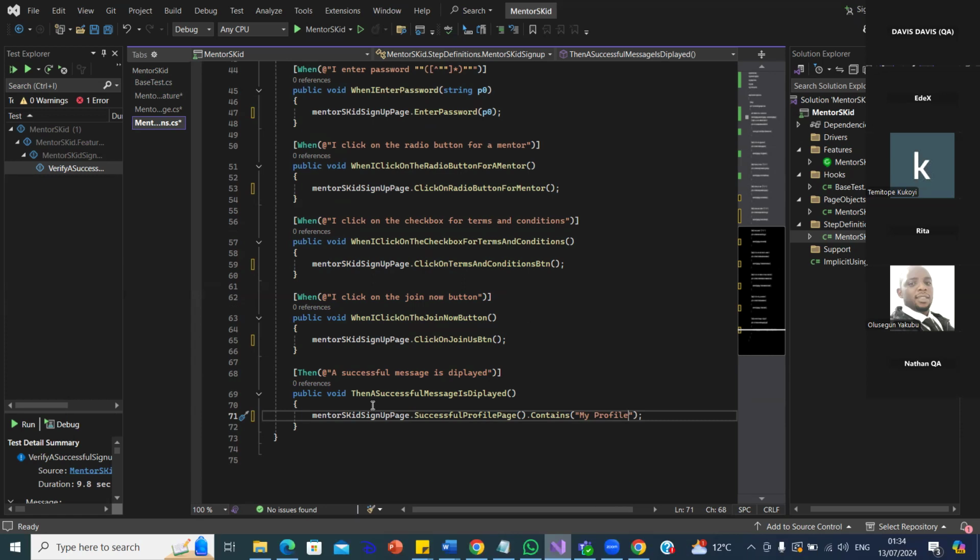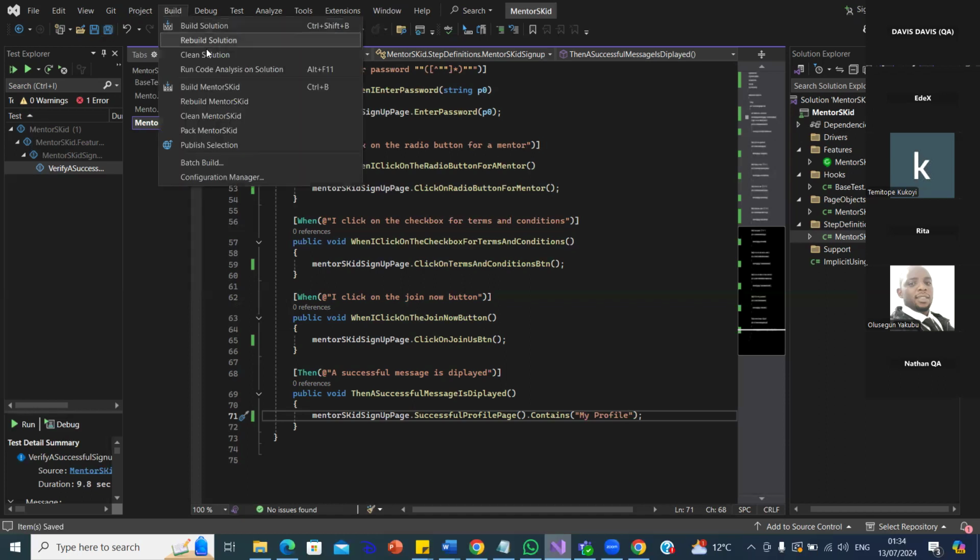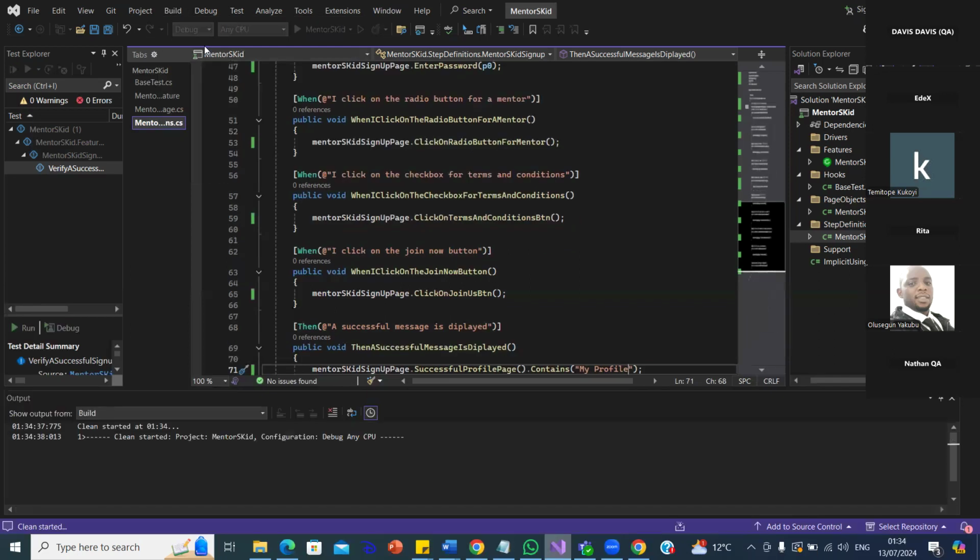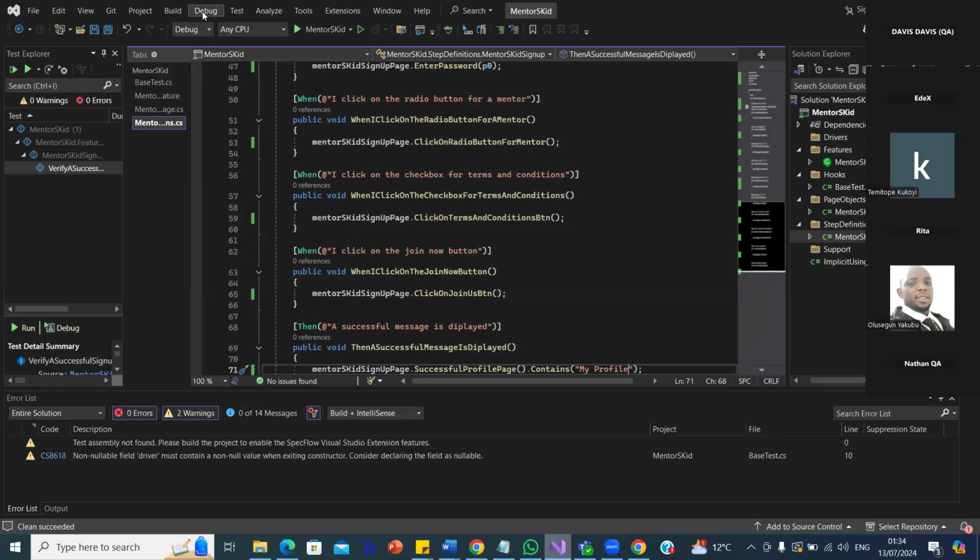Do you understand? Let them save and build and run it. Let's see. So, save all, and then clean and build. After cleaning and build, then